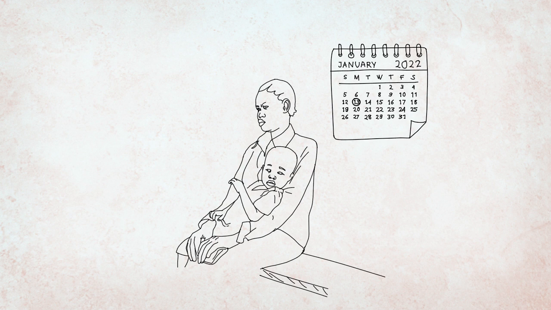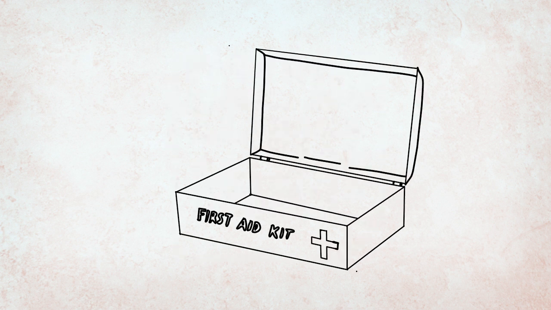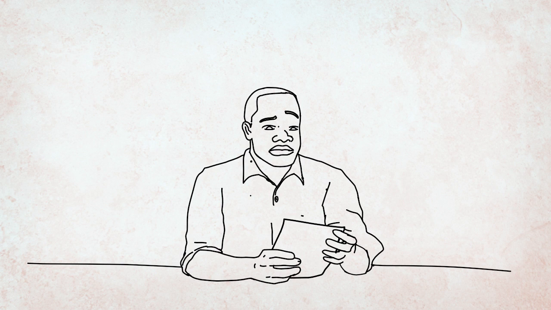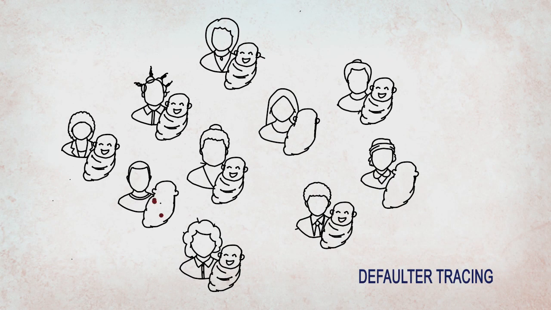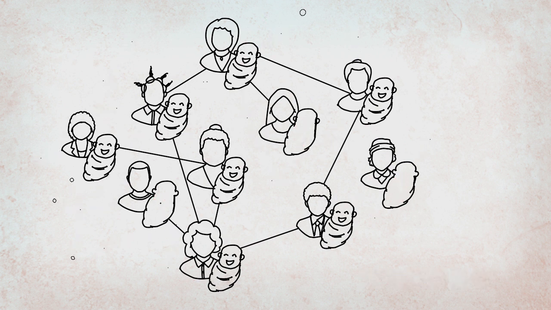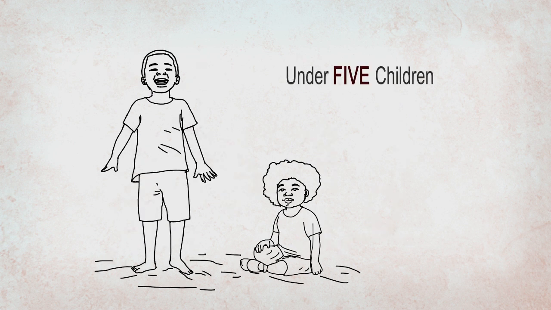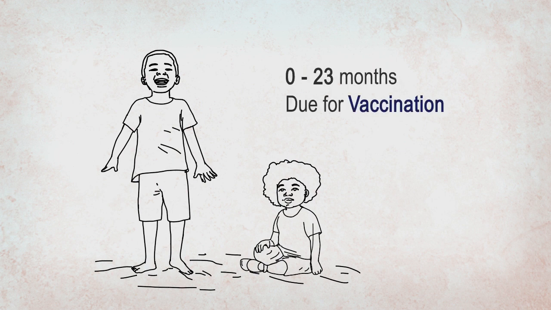Health system factors have also contributed to the problem, and this includes poorly arranged and coordinated immunization schedules, vaccine and supply stockouts, and the lack of a viable defaulter tracking system in the health service delivery. Defaulter tracing can be described as the process of finding children who missed scheduled immunization appointments by community-based volunteers. This activity resulted in improved attendance of under 5 children, but most especially those between ages 0 to 23